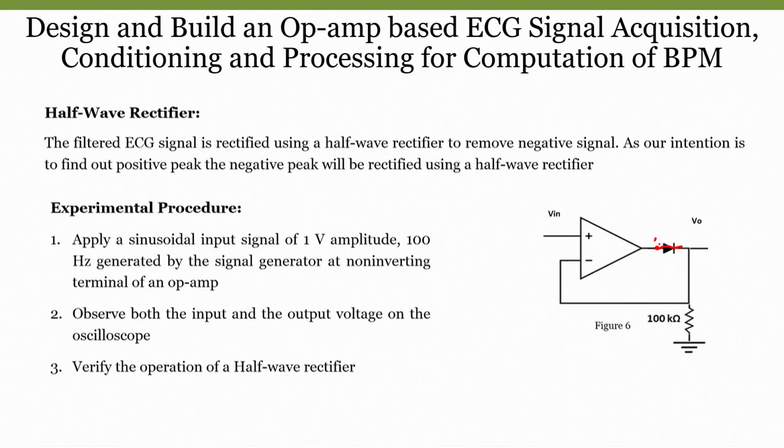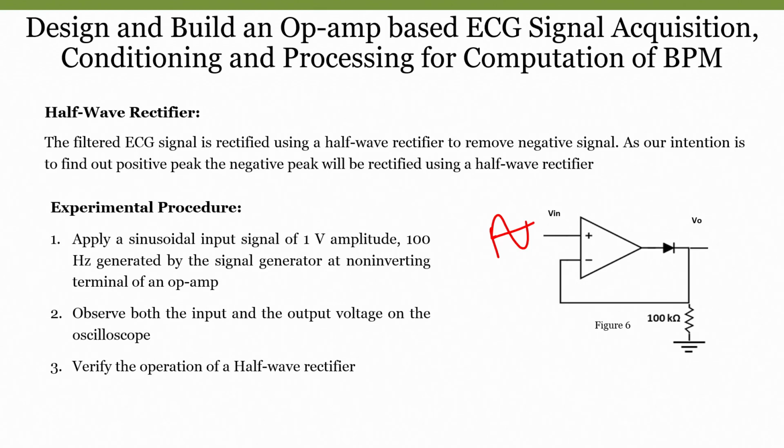Now, how does a voltage follower work? Whatever input you give, the output will also be the same. The gain of the voltage follower is 1. So, whatever the input amplitude, the output will also have the same amplitude without any phase shift. The reason is the input is applied at the positive terminal, but now in this case, if you clearly observe, there is a diode, so only certain amplitudes will be allowed, and the negative amplitudes cannot be allowed, right. When the diode is in forward bias condition, it will allow the input signal. When the diode is in reverse bias condition, it will not allow it, right.